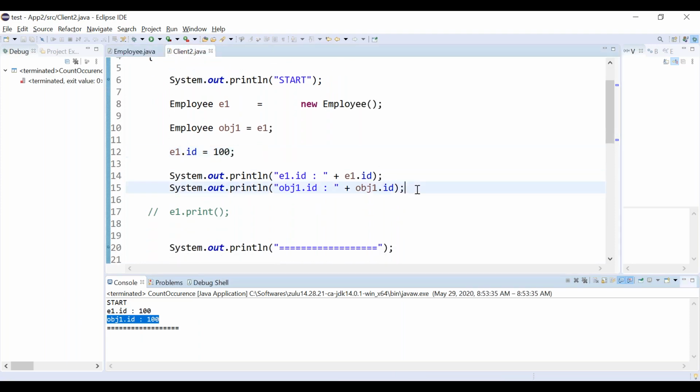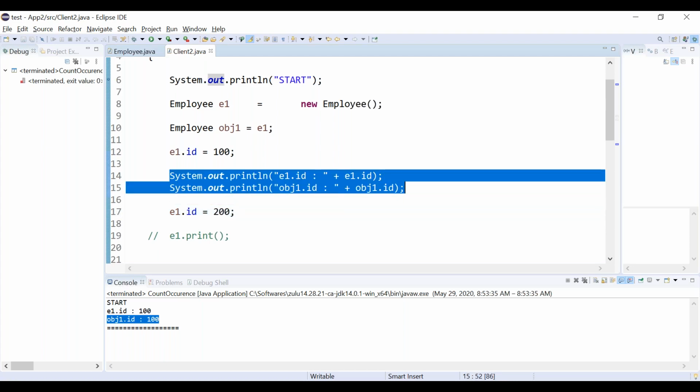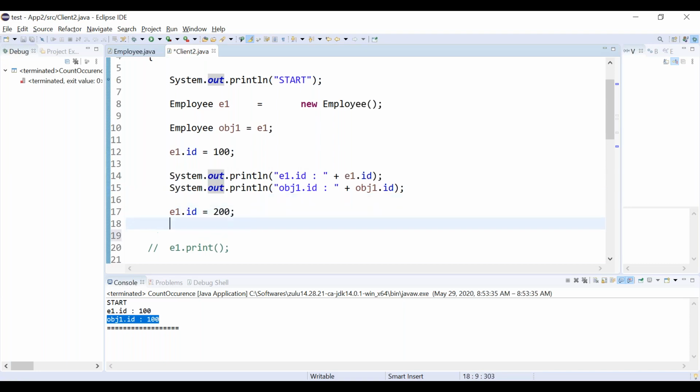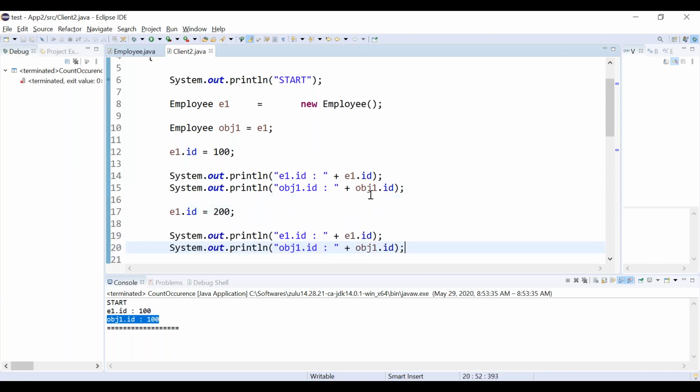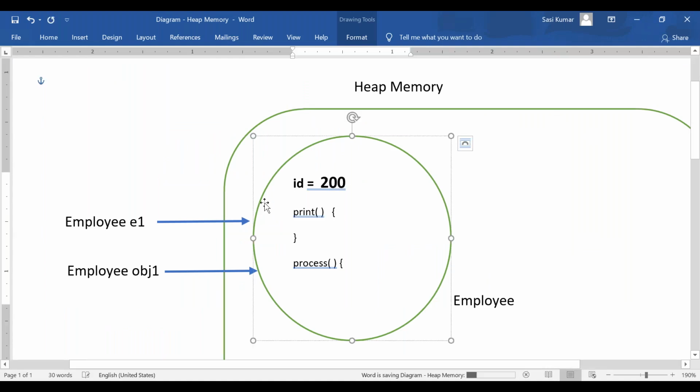Now listen carefully. I am going to change e1.id to 200. Again I am trying to print. If you change any one of the references, even if you access the other reference, it will show 200. e1.id is 200, obj1.id is 200, because both are pointing to the same object.